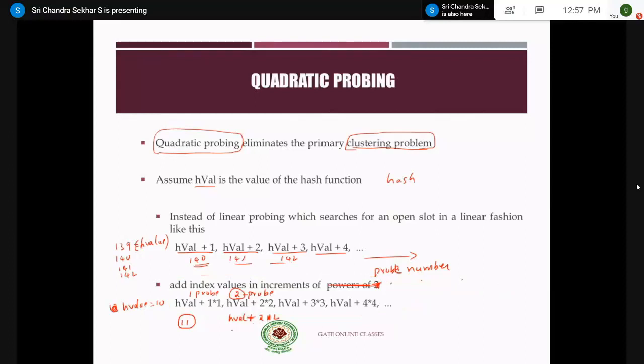That is h value plus 4, that is 10 plus 4, which is 14. So after 11, you will search location 14.